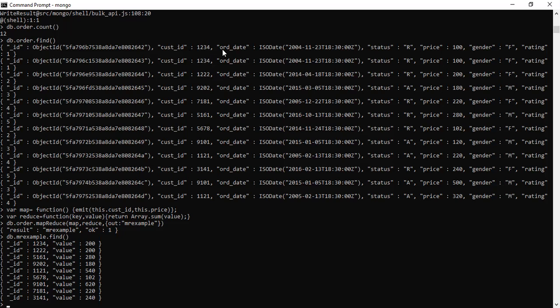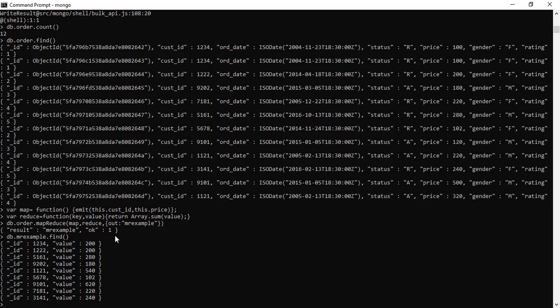So for customer ID 1234, appearing twice, the addition of price is 200. Suppose we have 1121. How many times does 1121 appear? Two times, each with a different price, 320 and 220, so we get 540.